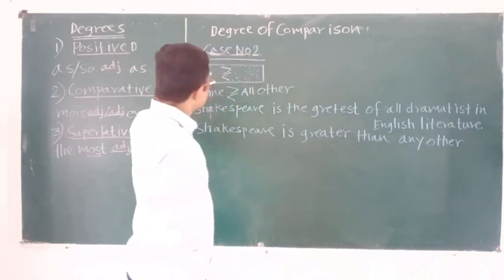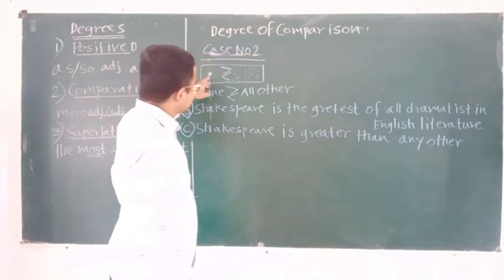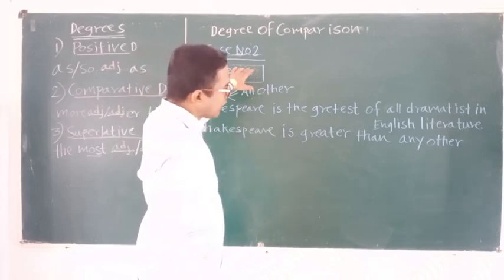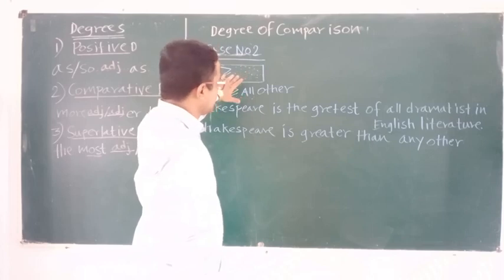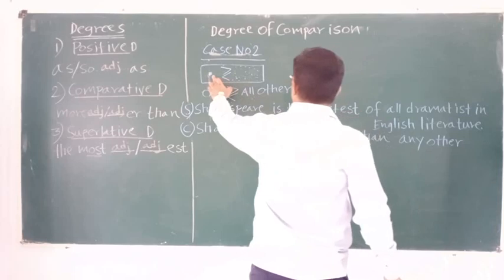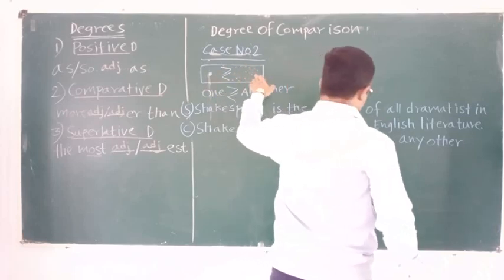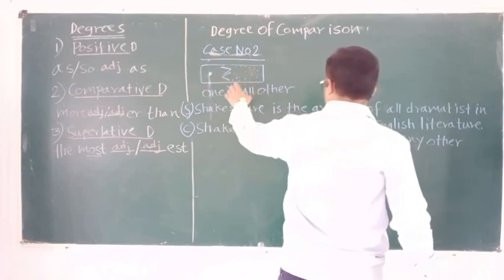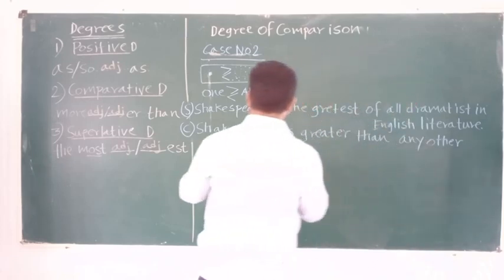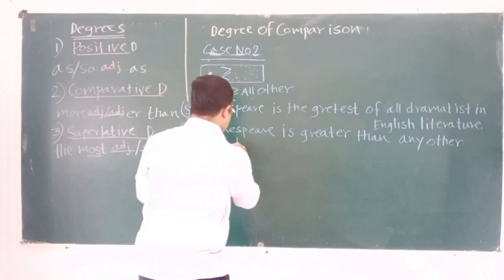Means this is Shakespeare, and these are all other dramatists. So Shakespeare is greater than others. Shakespeare is greater than any other dramatist